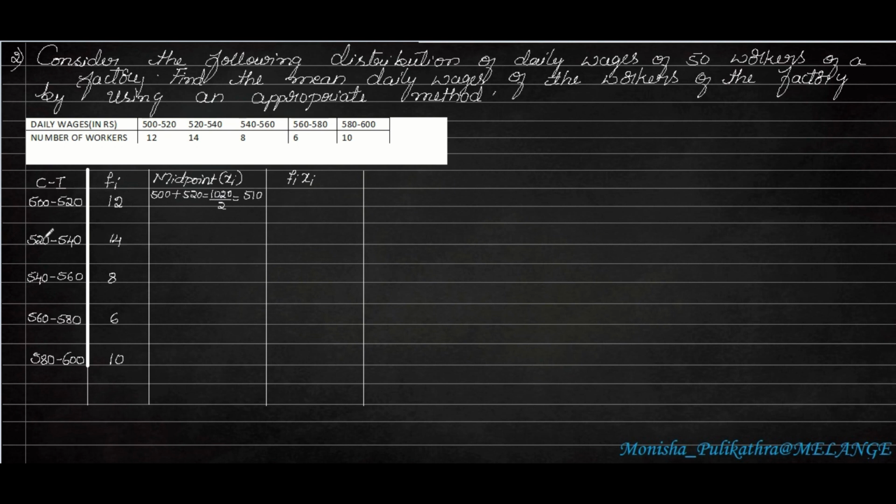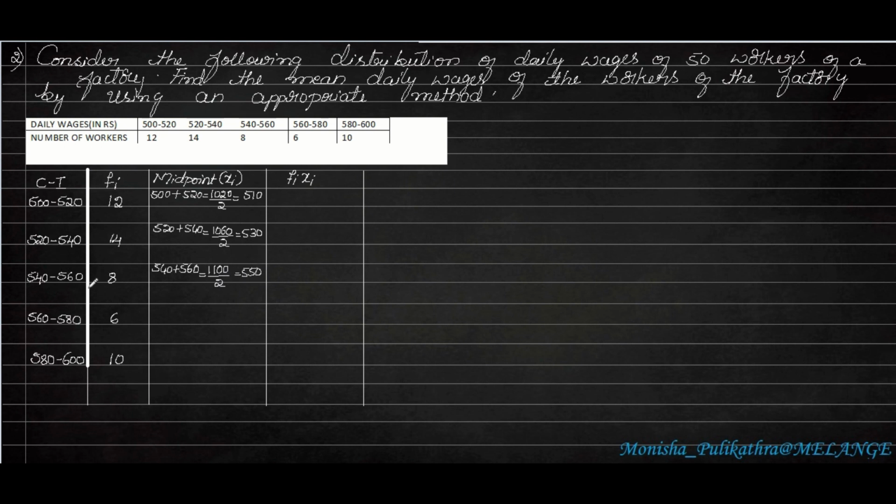Okay. Here also, see 520, 530, 540. Here 530 should be the midpoint. Either you can do it by this adding and dividing method: 520 plus 540 is 1060, divided by 2, which is also equal to 530. So 520, 530 is the middle term, and next 540. Either you write it directly, or do it like this. Next is 540 plus 560, which is equal to 1100, divided by 2. We will get 550.